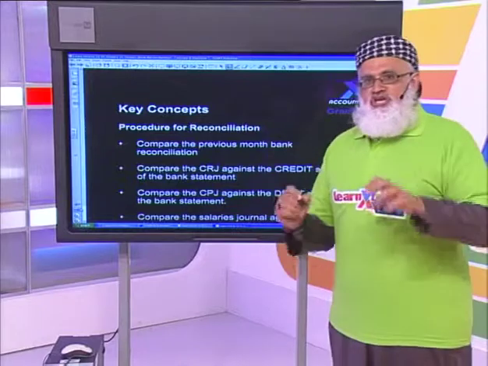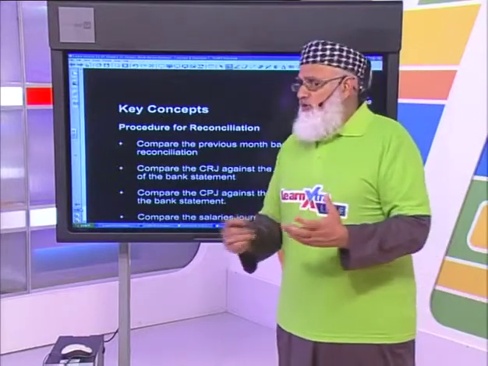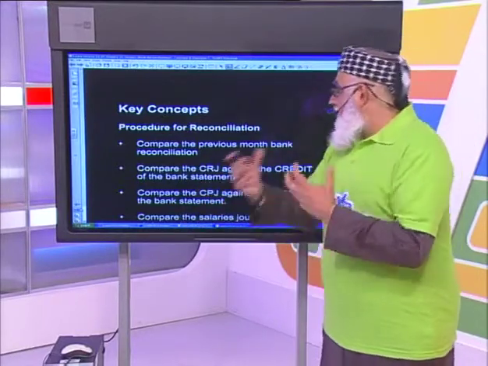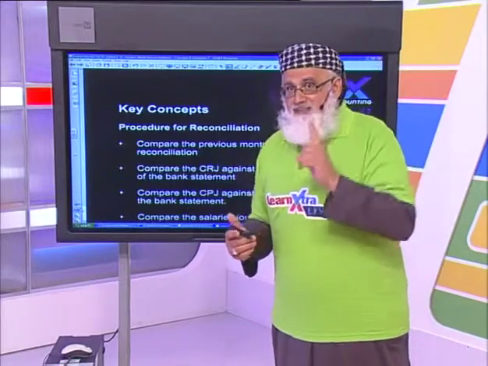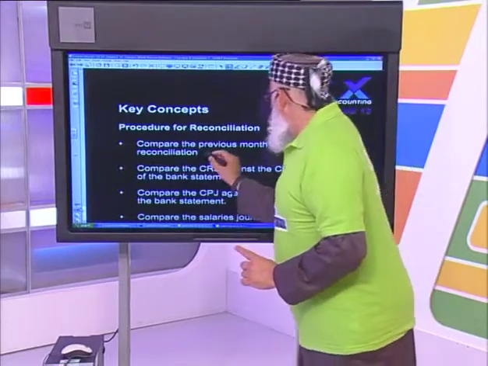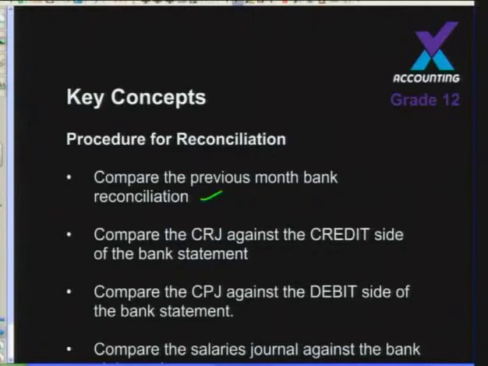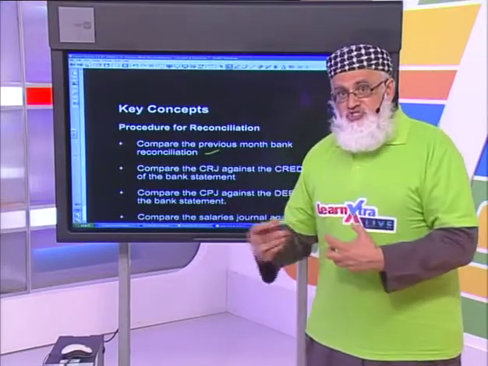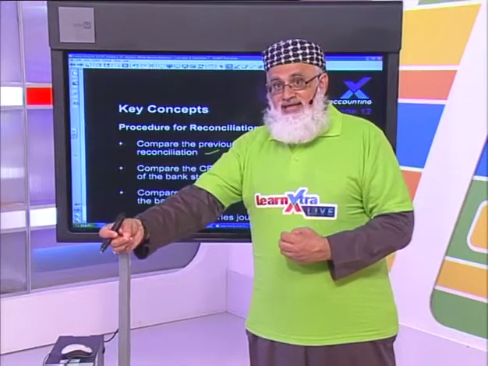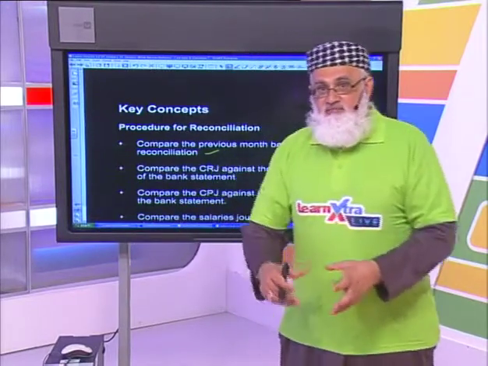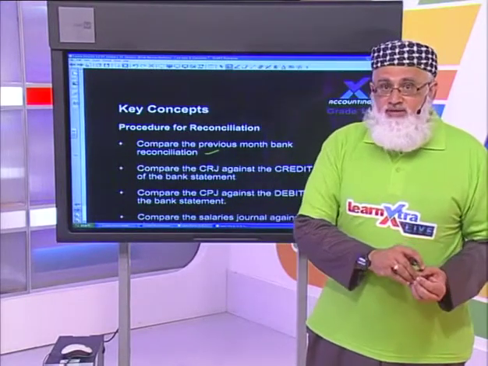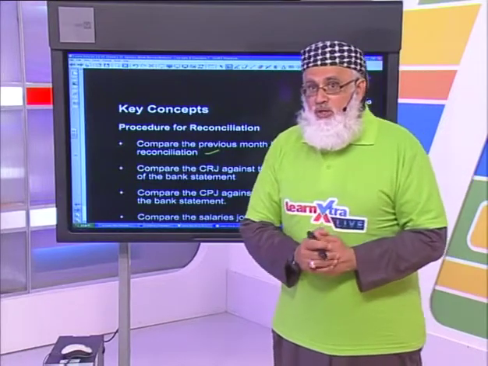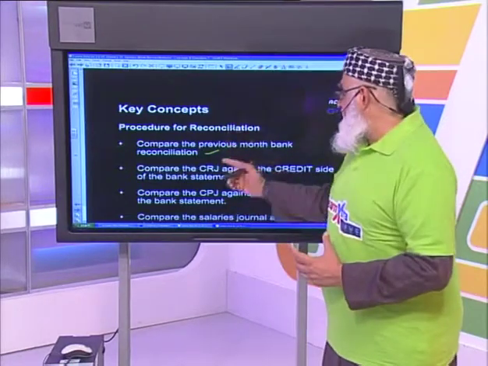So what's the procedure? What do we do? Okay, we will now compare step number 1 with the previous month's bank recon. Why do you think we're going to do that? We're going to do that in order to identify items that were outstanding last month, and now these items have gone through. Okay? So that's the reason why we are comparing with the previous